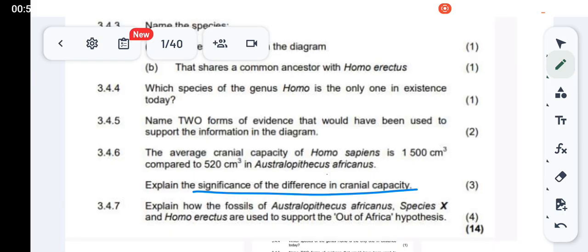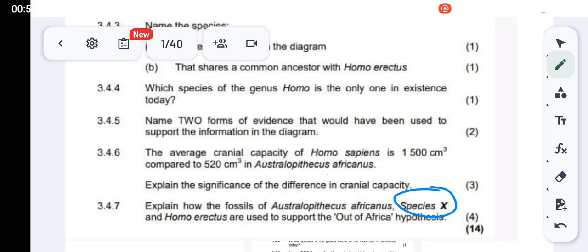A larger cranial capacity indicates a greater brain, and the greater brain indicates a greater intelligence. So the larger the cranial capacity, the larger the brain, and the greater the intelligence, and vice versa. So that is the correct answer for 3.4.6. And then 3.4.7, explain how the fossils of Australopithecus africanus, species X, which is our Homo habilis, and Homo